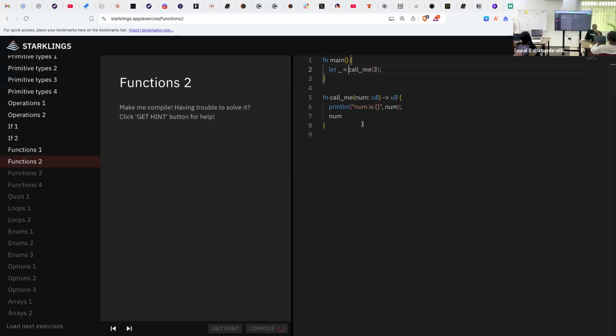No, it doesn't need. If you need to discard the return value of a function call, you use underscore. That means the compiler will let you go. But it will not work. There's a reason why it will not work. And I'm sure